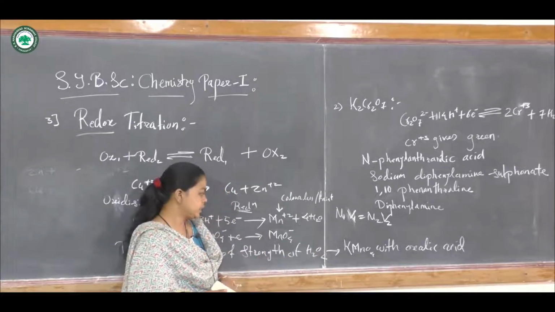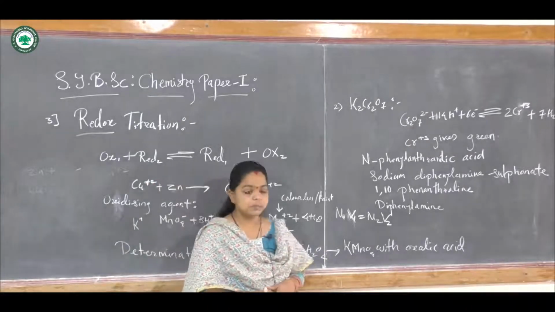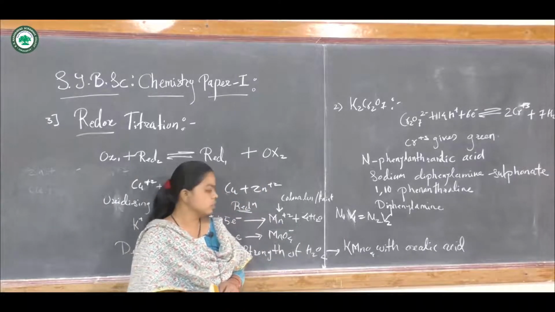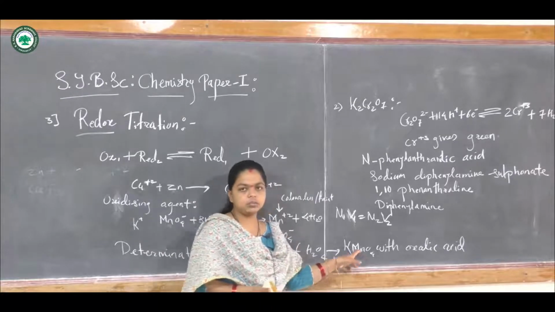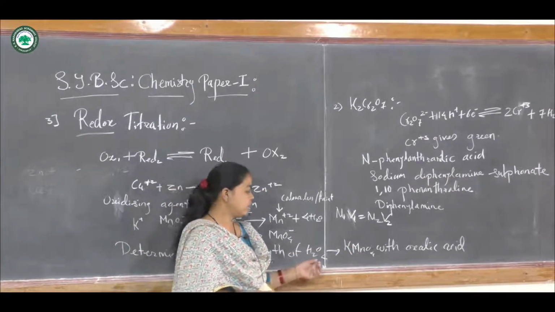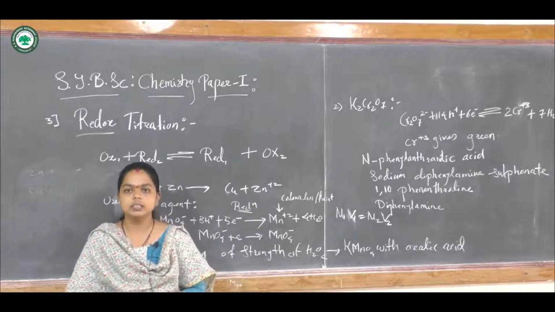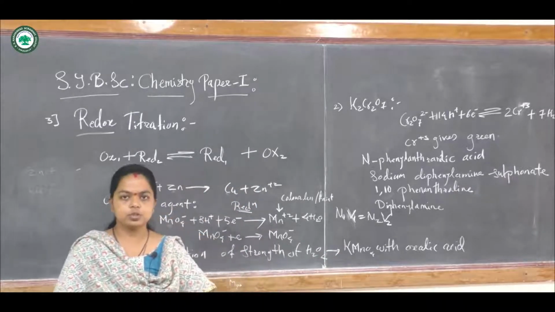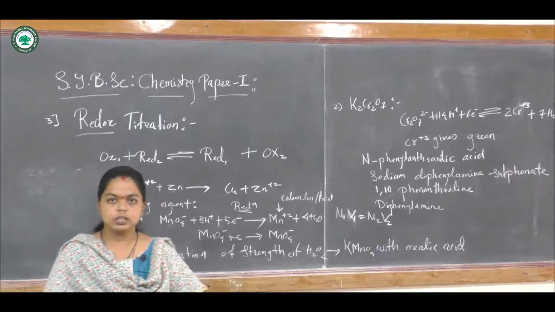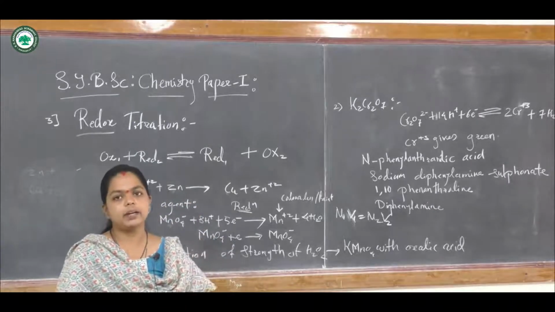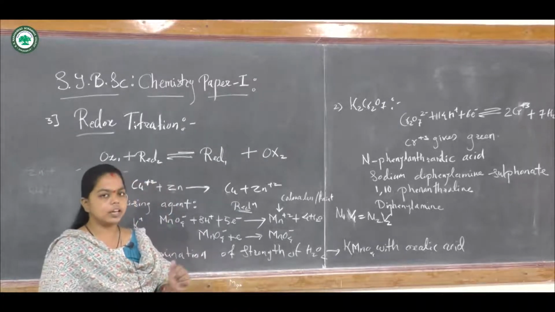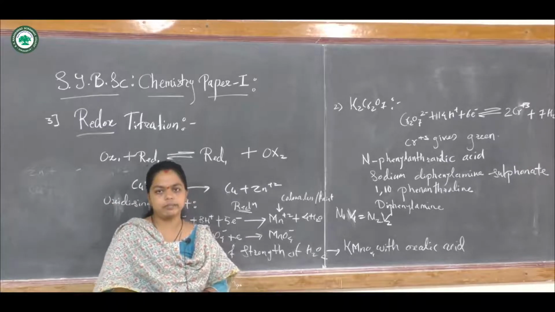Now how is it titrated? The substance whose concentration is known, generally we fill in the burette. So KMnO4, whose exact normality is now known, is filled in the burette. Your conical flask should contain the hydrogen peroxide solution, and this KMnO4 is added dropwise into the conical flask. There is no adding of any indicator. It is not necessary, because this KMnO4 acts as the self indicator.